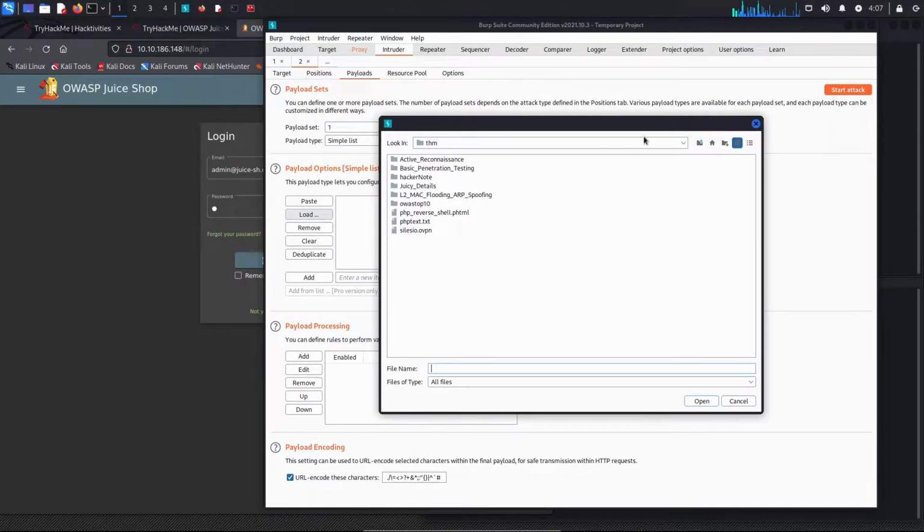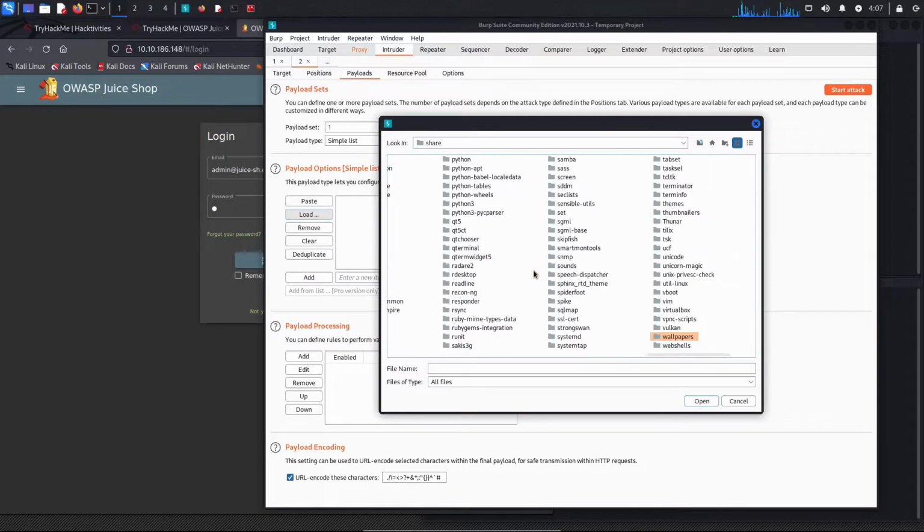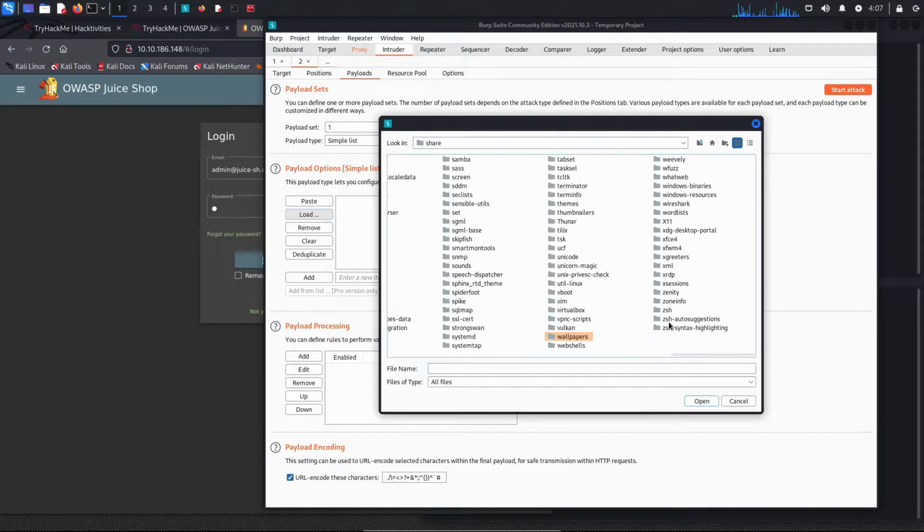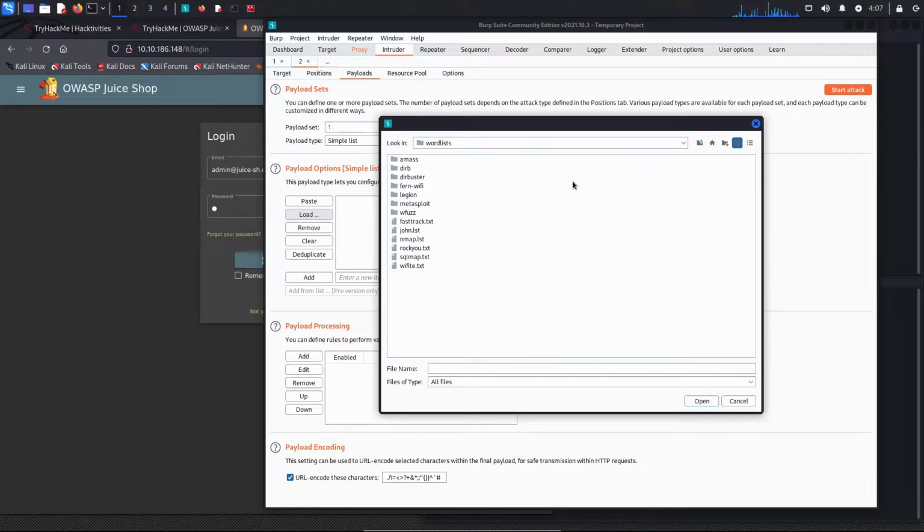Now we're going to load this, and that should be under usr share wordlists, and that should be SecLists.